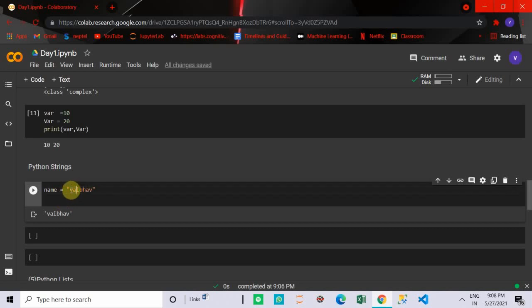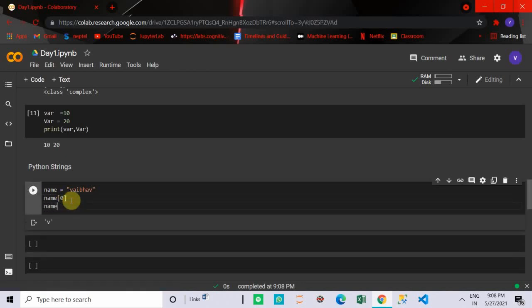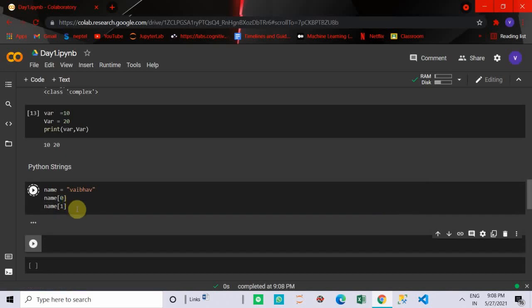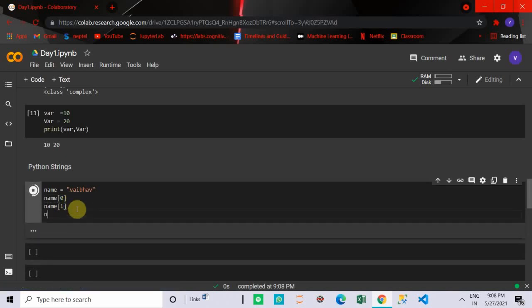So we can access the value of the variable name at index 0, which is v. We do this using the slice operator, the square brackets. Name of 0 will print v. Similarly, name of 1 will print a.